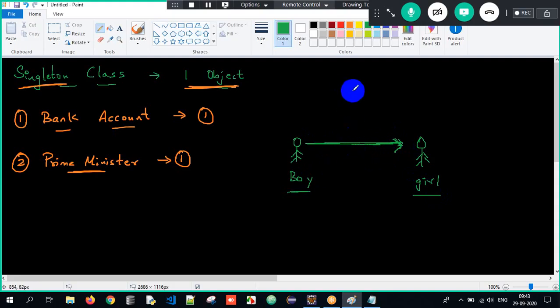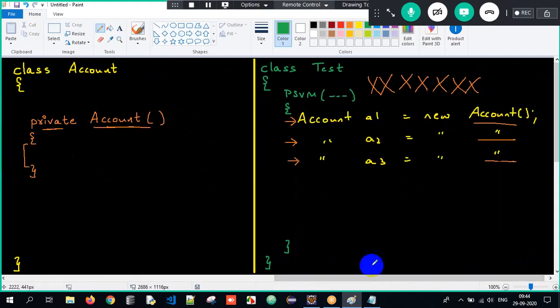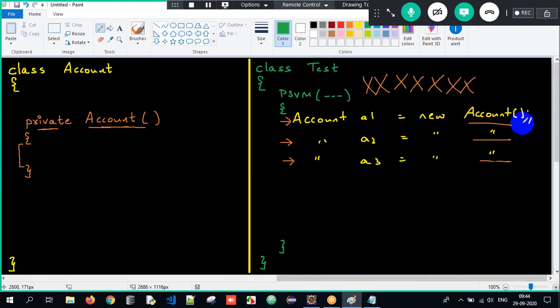Therefore there is a mediator, his common friend. The boy will go to his friend and tell him, hey, please get her number. The friend will go to the girl and get her number. Since there is no direct interaction, he's taking the help of his friend, who will get the number for him. Got it? Similarly, since we are not able to create an object in the class,